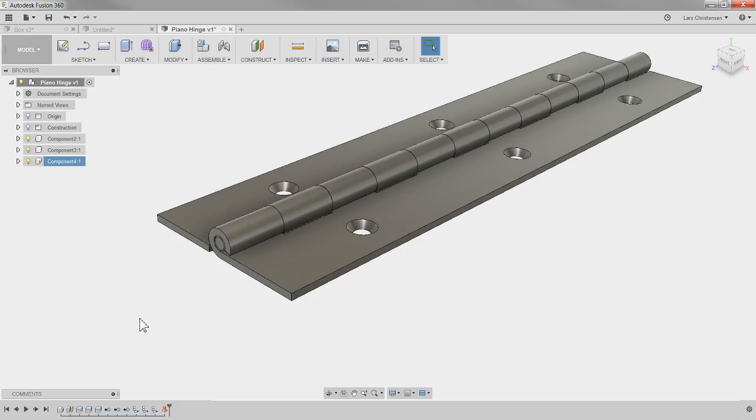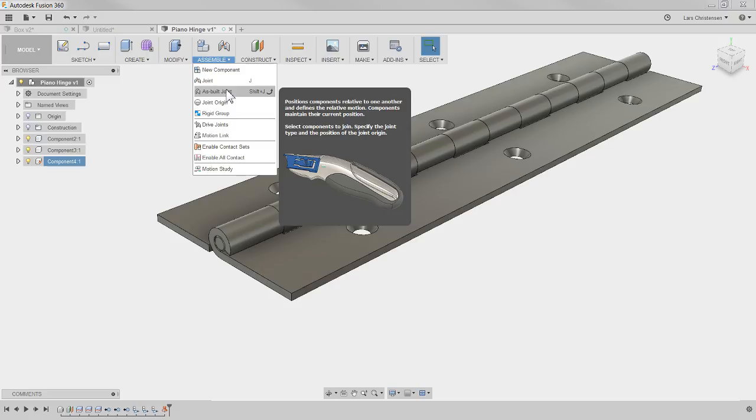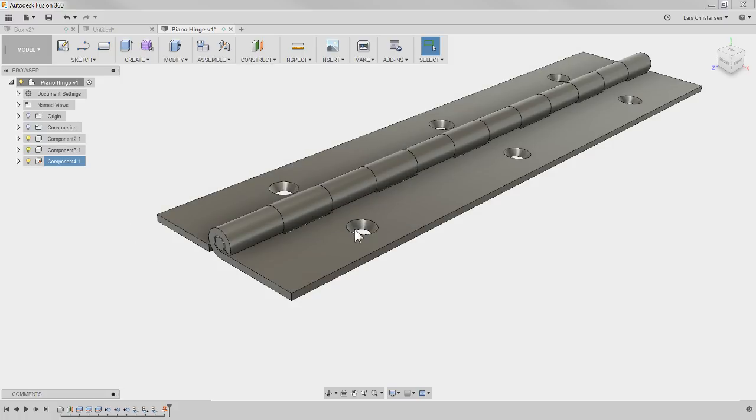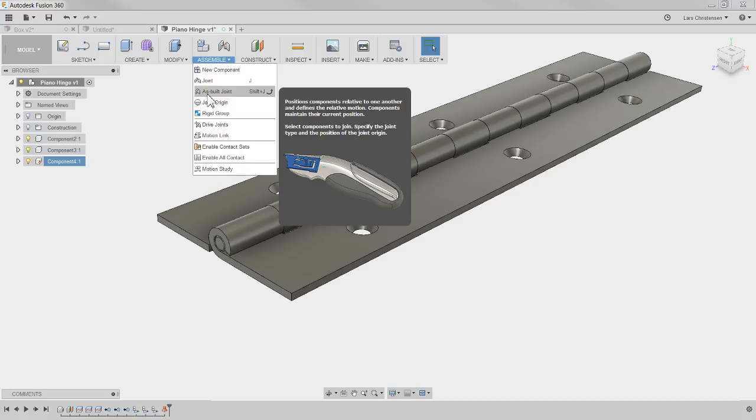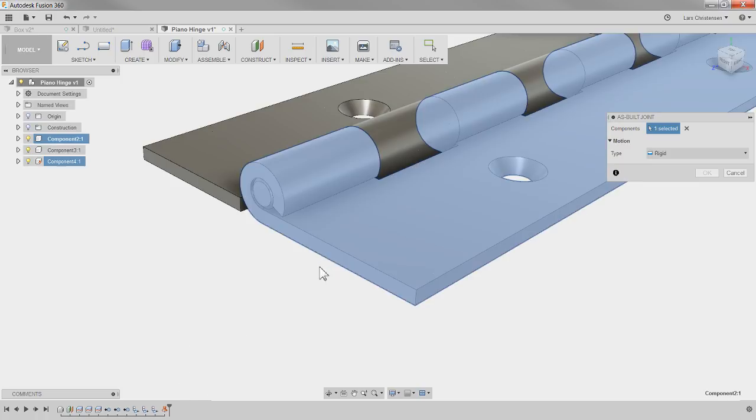And then there was one of you guys on YouTube the other day who asked me an awesome question. He says, you never ever use as-built joint. Well, now I have. So as-built joint means this whole thing is kind of put together the way we want. We just have to tell the software that this is what we want. So you can use this as-built joint, which is absolutely one of my favorite functions, actually. So I'm going to select this as-built joint. I'm going to select the 2 components that I want to join together. And there is this panel, and then there was the